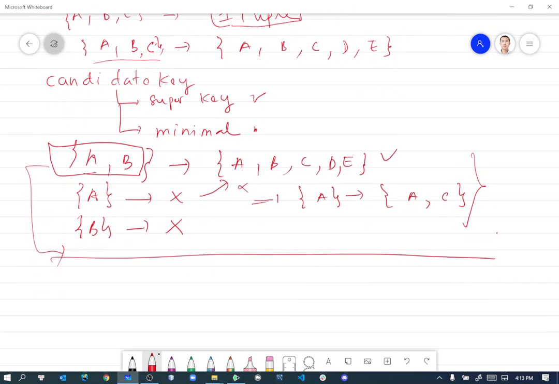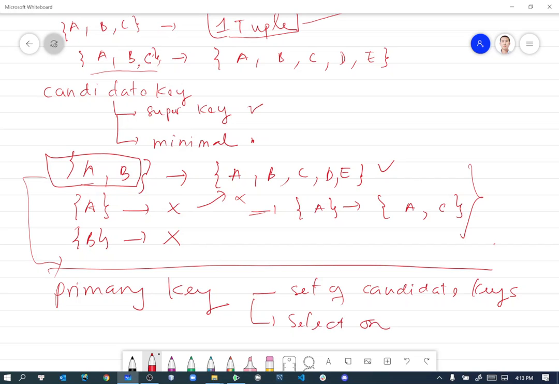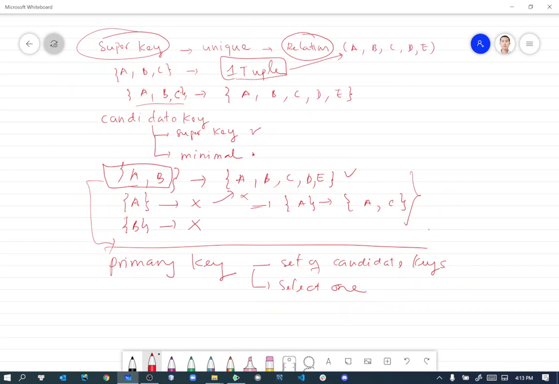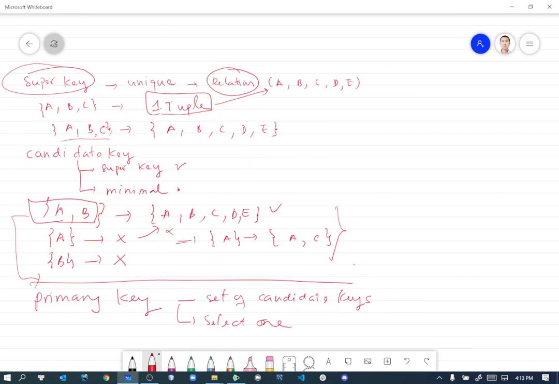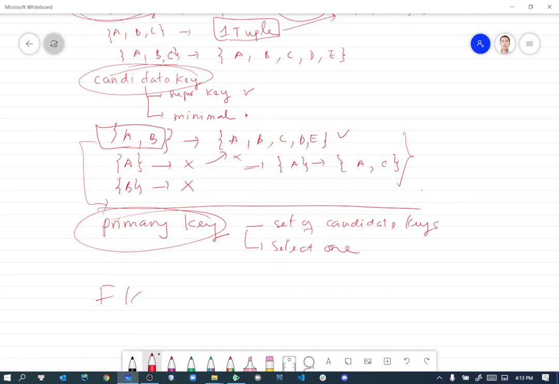Next is a primary key. A table may have more than one candidate key. So from the set of candidate keys, you may have more than one candidate key. You are going to select one, and for the others you can set them as unique. This is critical inside this exam and inside this whole exercise. You need to understand about the super key, understand about the candidate key, understand about the primary key. Then foreign key is actually